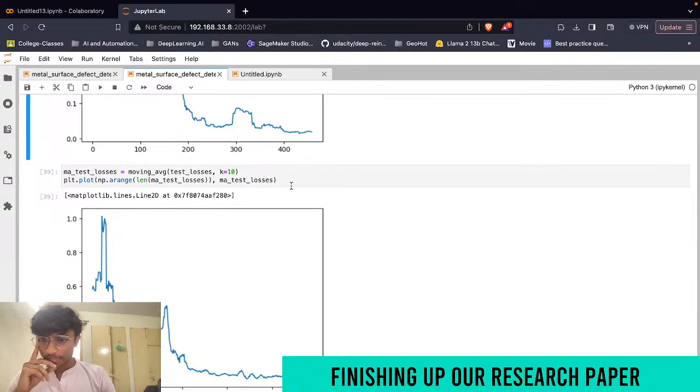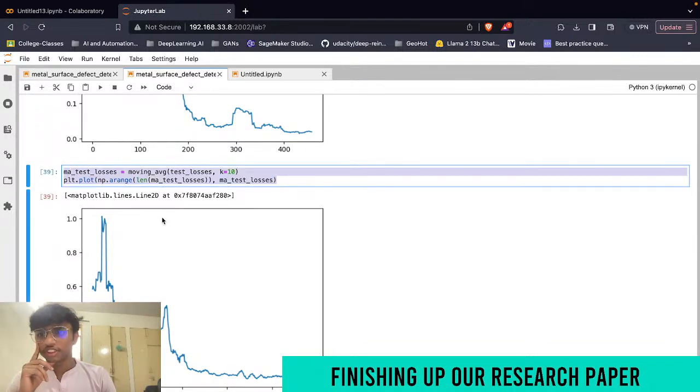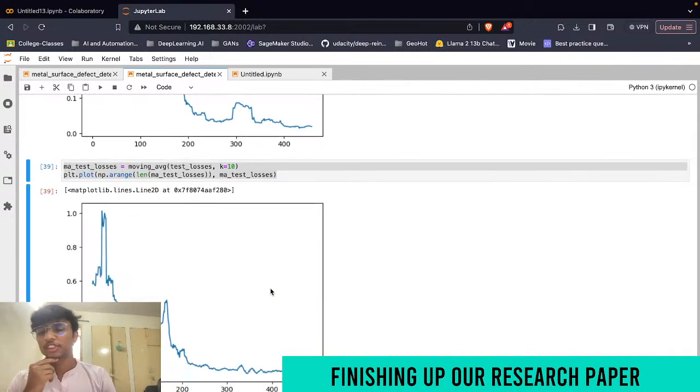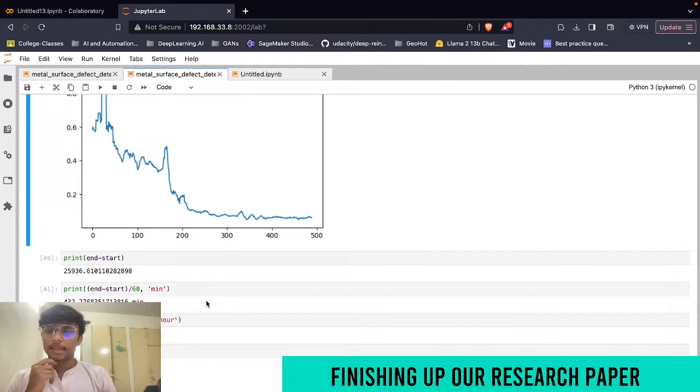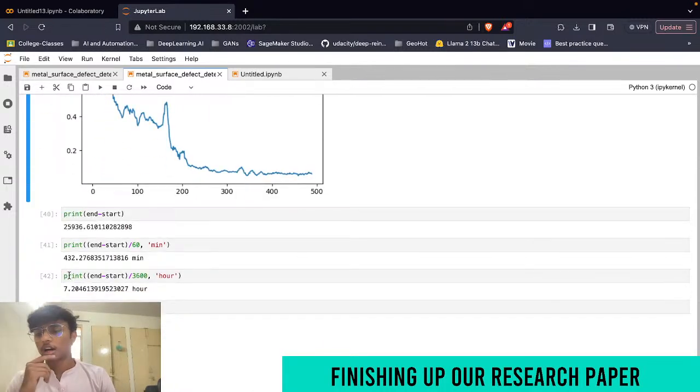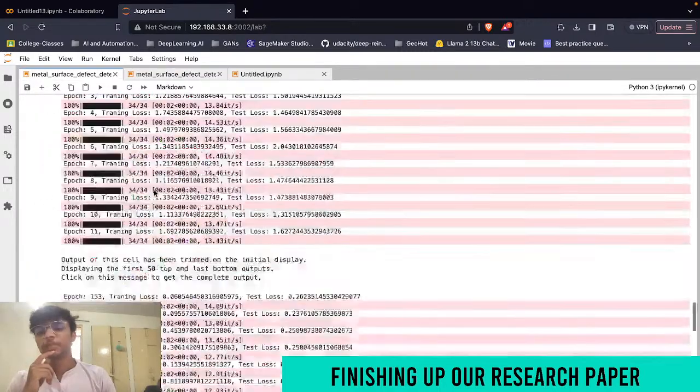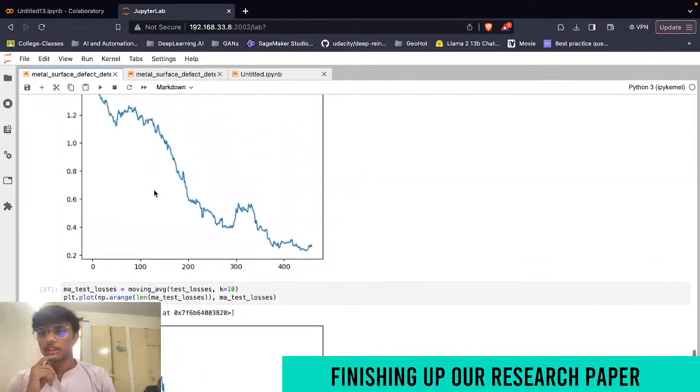And this is the test losses for the unconventional, and this is the train losses for the unconventional. So you can again see the layers here, they are clearly visible. So yeah, this is what we did. So our non-conventional took 7.3 hours, and our conventional method training took,